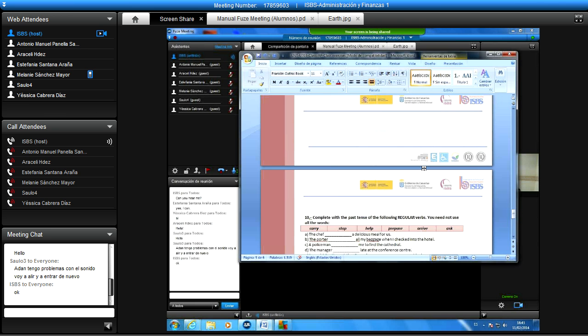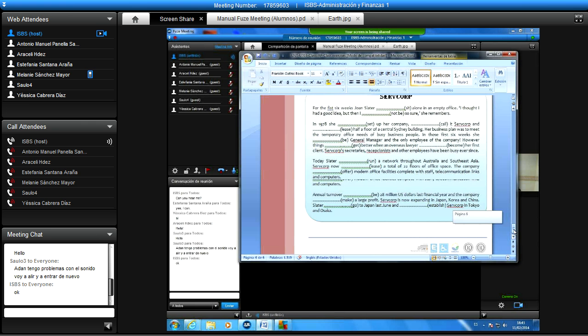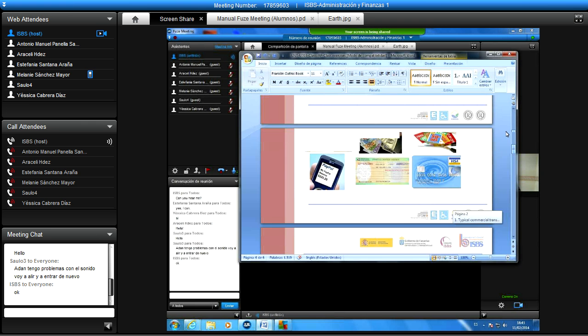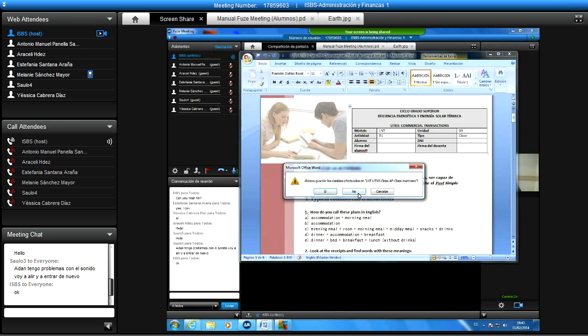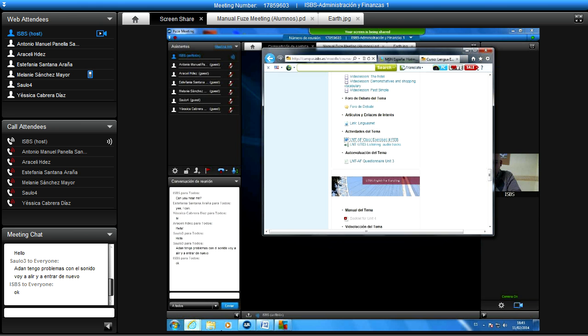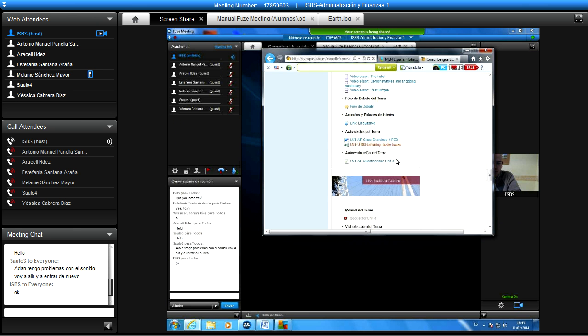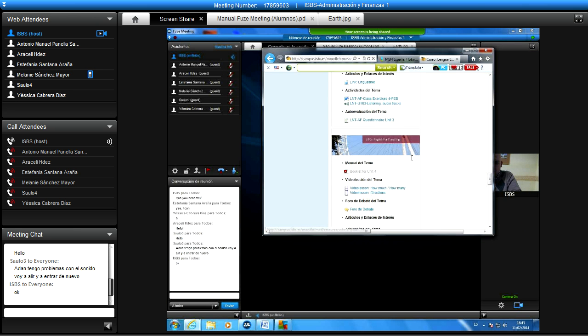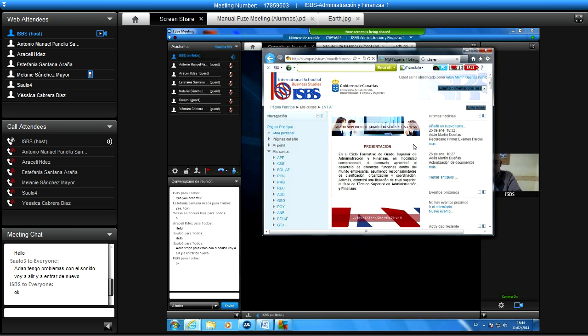Good, so is there any problem with the rest of the activities? I mean, we saw the majority of the activities here in class, so it's mainly irregular verbs, the past tense and comparatives. So if there are no queries, we stop here and we move on to the next chapter, which is Unit 4. So please go to the platform. Well, the people who are here in class have the material in printed form, but for the rest of you,